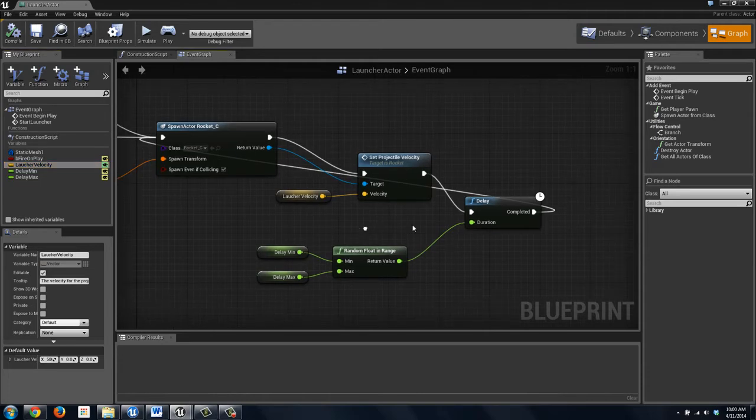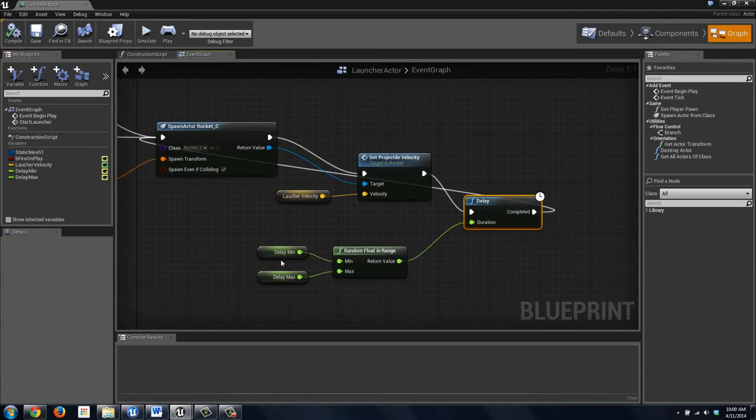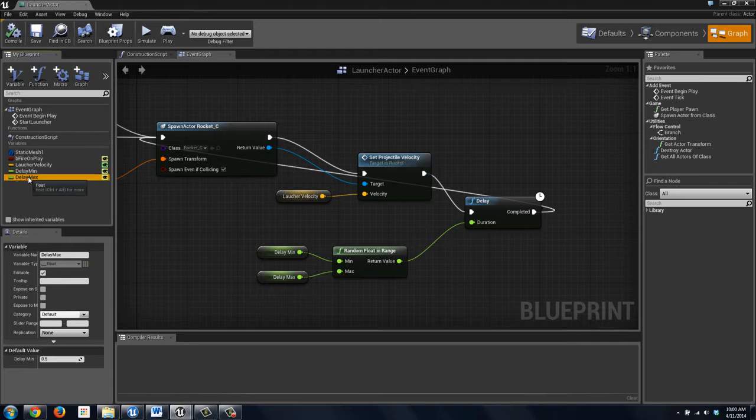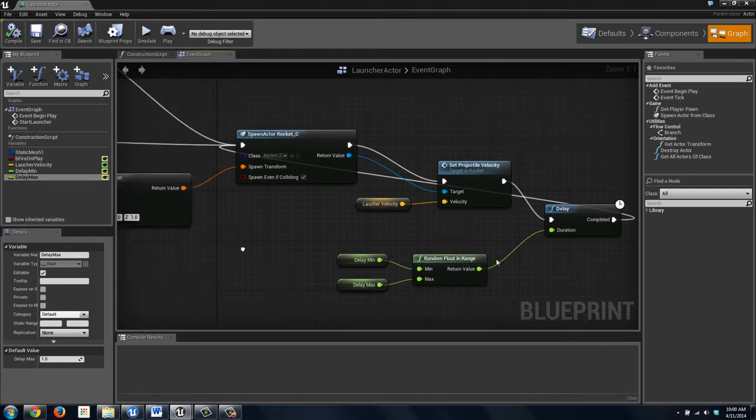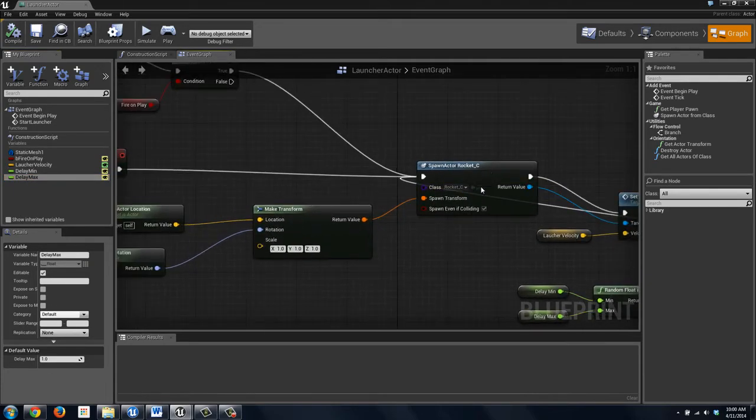but it's also exposed, so you can set your own thing. And then I do a delay, and I just have a random float, delay min and delay max, and those both have defaults too, but they're also exposed, so you can set them custom. So to look at the rocket blueprint,